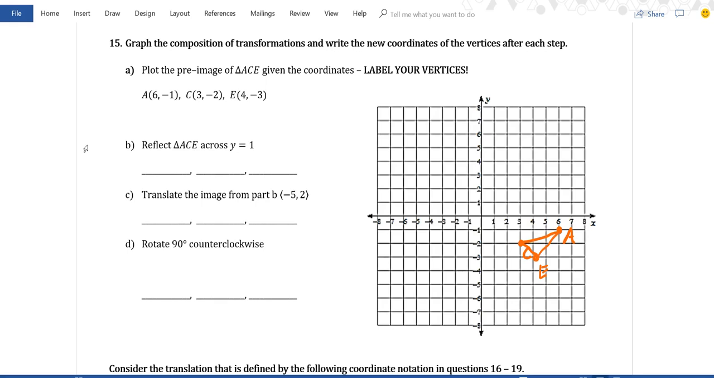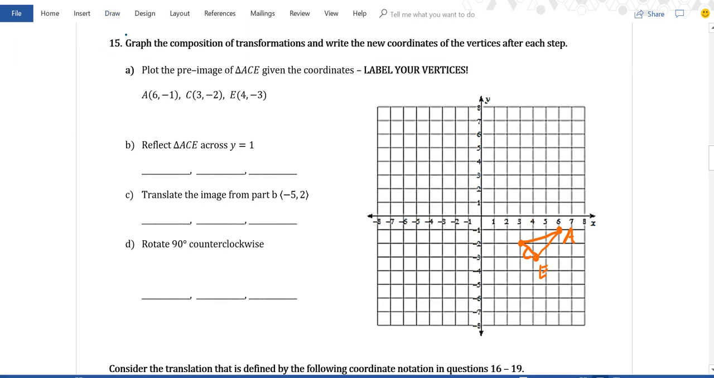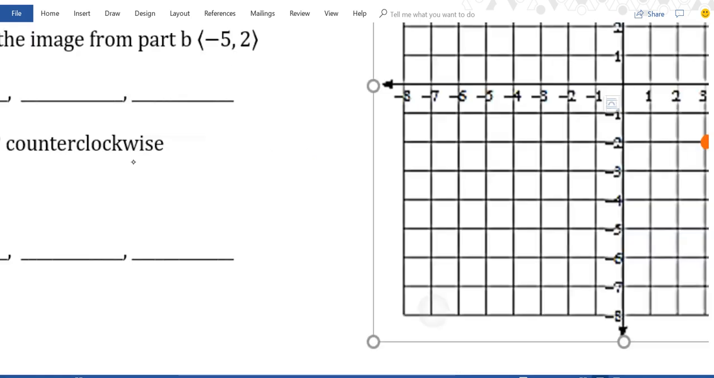Alright, so I'm going to go ahead and grab another color here. So reflect ACE across y is equal to 1. So what it's asking here is that we also go ahead and label our vertices. So it's going to be A prime, C prime, and E prime. So I'm going to go ahead here, and when we're working with this composition here of transformations,